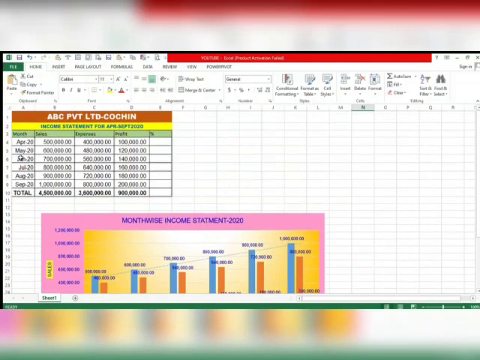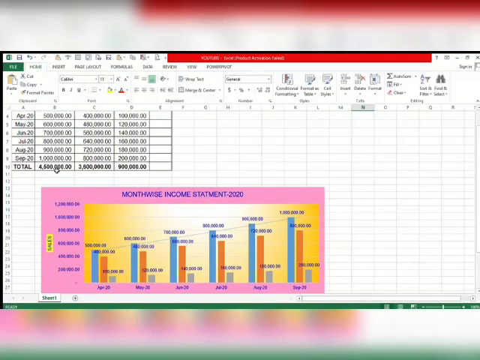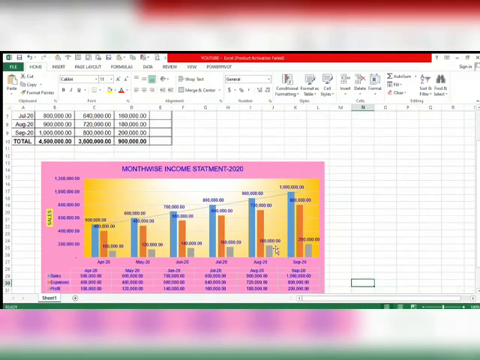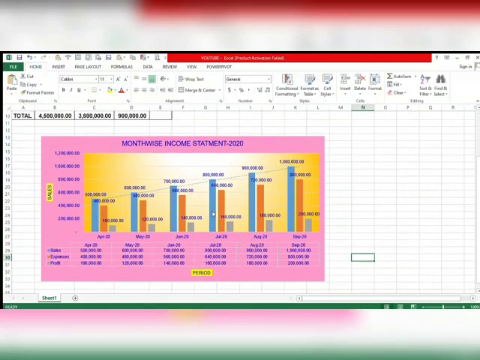The company's first month sales is 5 lakhs, then 5 lakhs, 6 lakhs, 7 lakhs, up to 10 lakhs. Whenever we are checking the bar chart, we can understand that the first month sales is 5 lakhs. Then the sales is increasing from 5 lakh to 6 lakh, 7 lakh, 8 lakh, 10 lakh, 9 lakh, 10 lakh, like that. So this sales is going in an increasing trend.